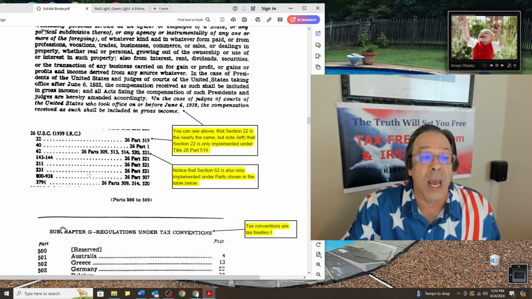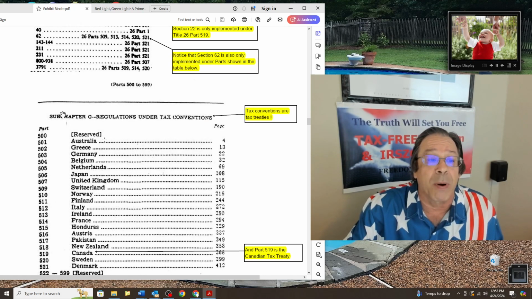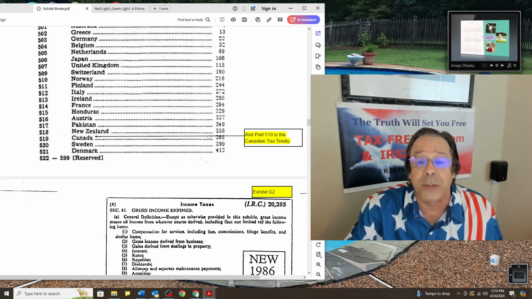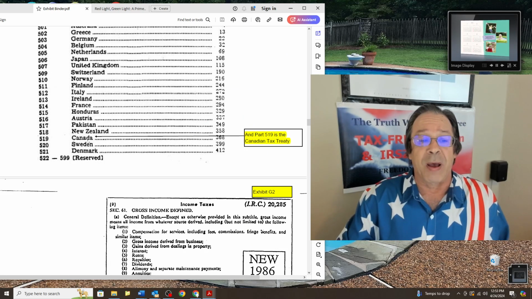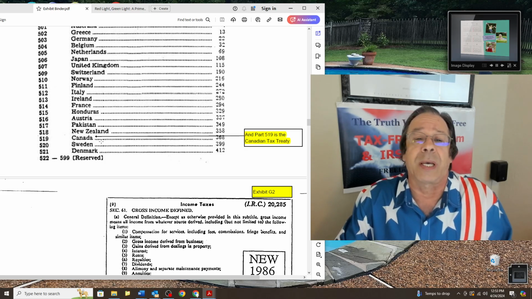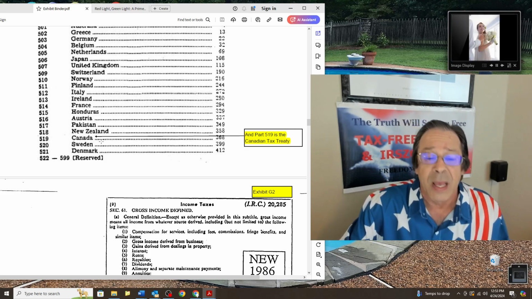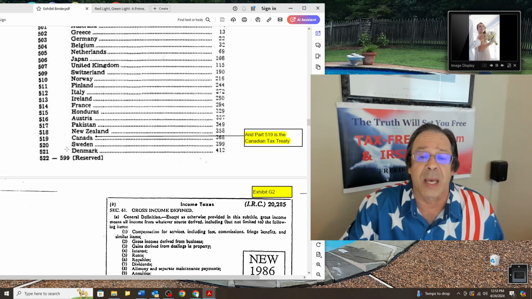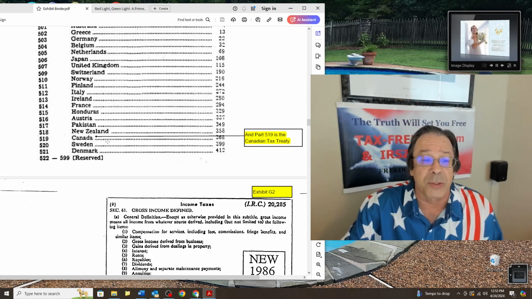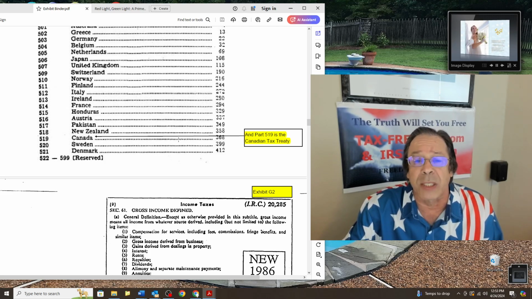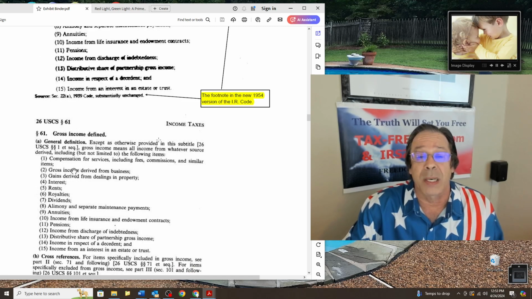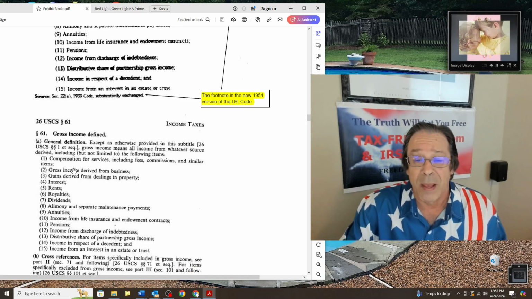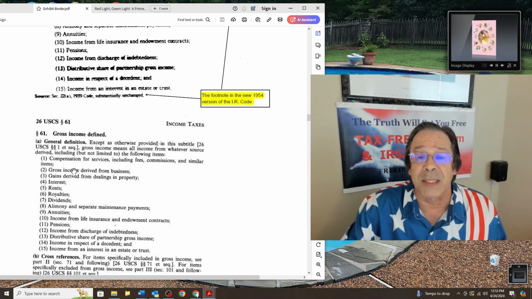So here's 22A implemented under Part 519. Part 519 is the Canadian tax treaty. It expired in 1993. If you look this up now, Part 519 is reserved for future use in case there ever is another treaty with Canada in the future. But as long as there isn't, it's reserved for use. The Canadian tax treaty expired. All of the legislation enacted with it, including Section 22A, now Section 61, expired. It hasn't been removed from the books, making it dead letter law.